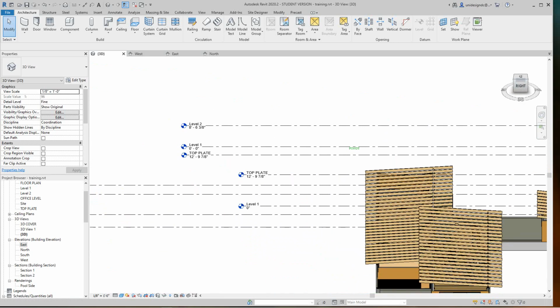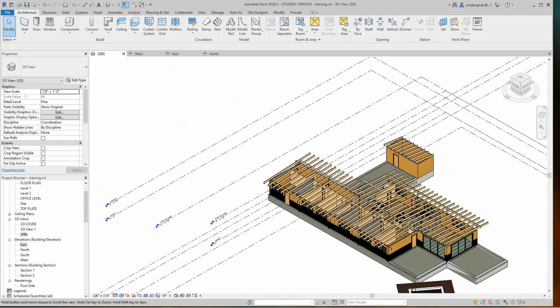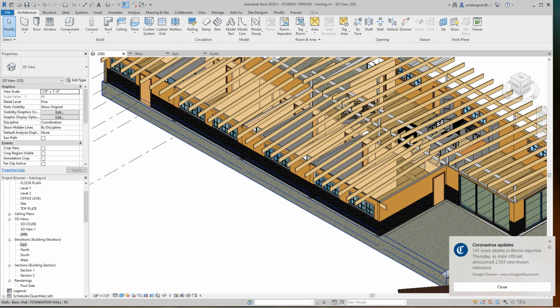Now we want to do the roof. Now the roof, you've got to do that a little differently because Revit will not let us take a,